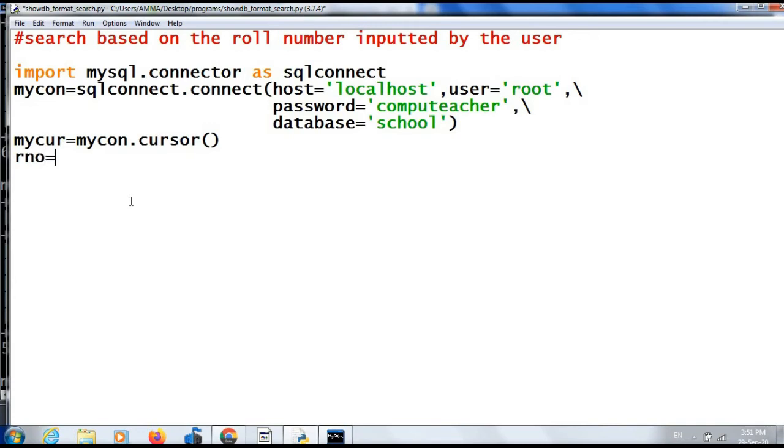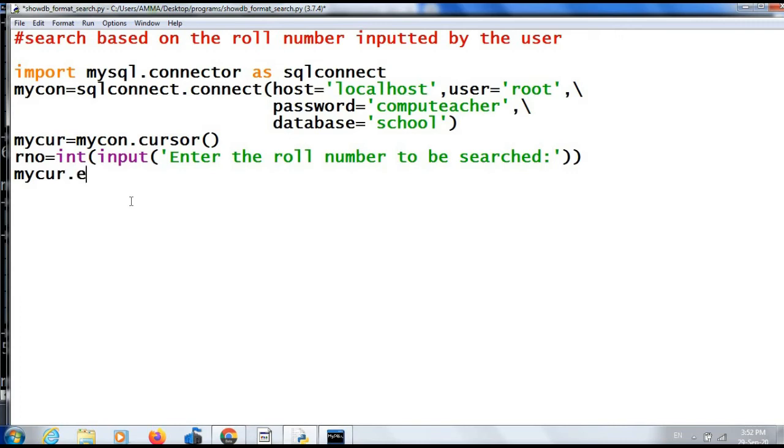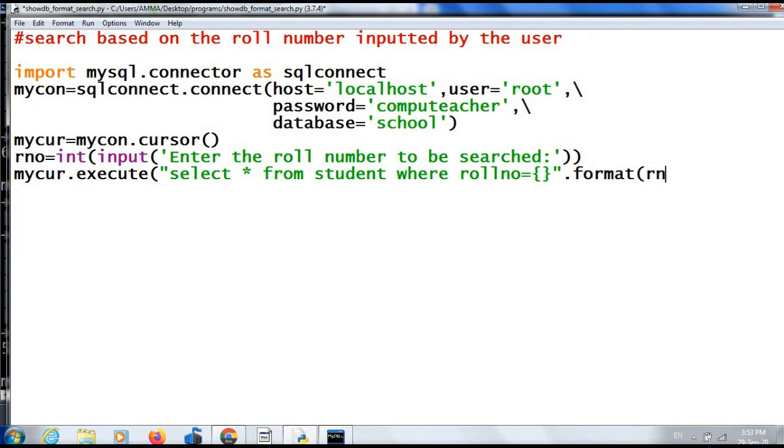RNO equal to int of input, enter the roll number to be searched, then mycar dot execute, select star from student where roll no, that is name of our attribute, equal to curly bracket, close the string, dot format RNO, the variable, close execute.